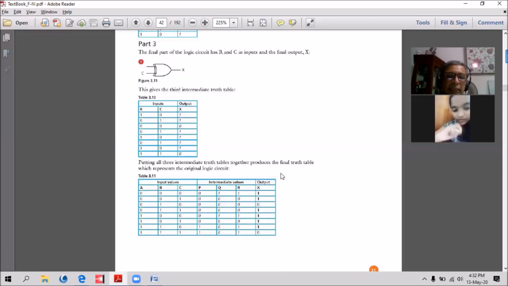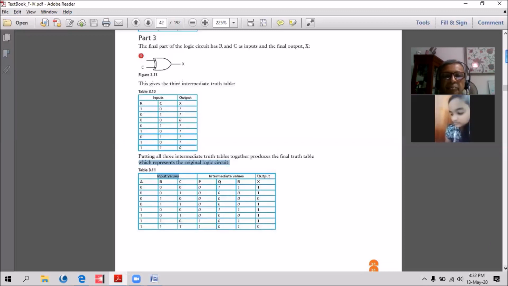That will be the final one. The above ones, all 3 parts, are included here. Can you follow? A and B gave P, then with C gave Q, then Q and R gave the X output.